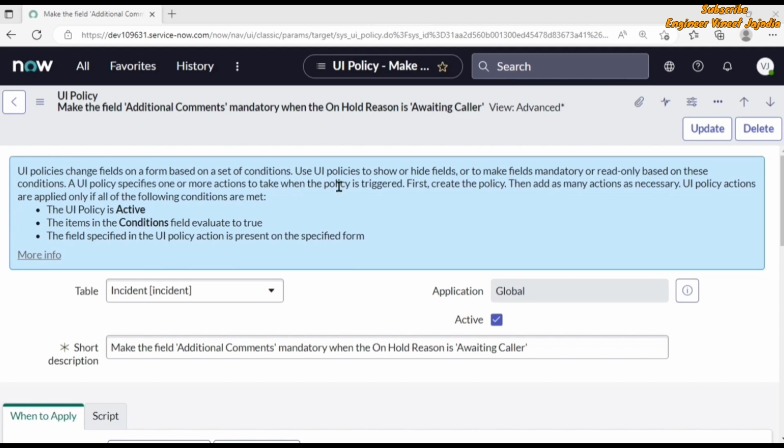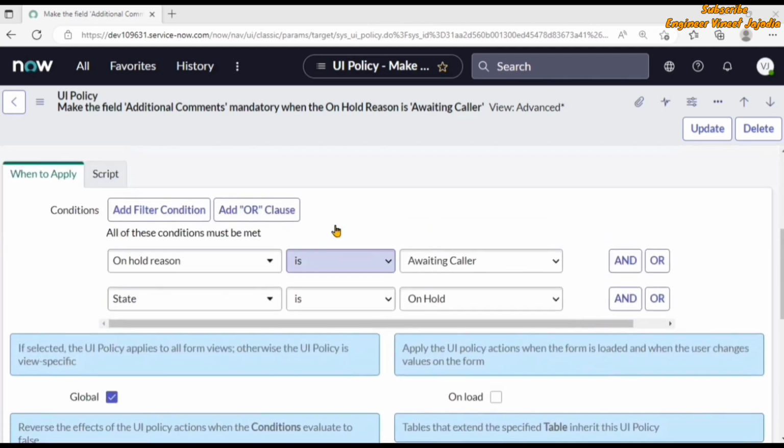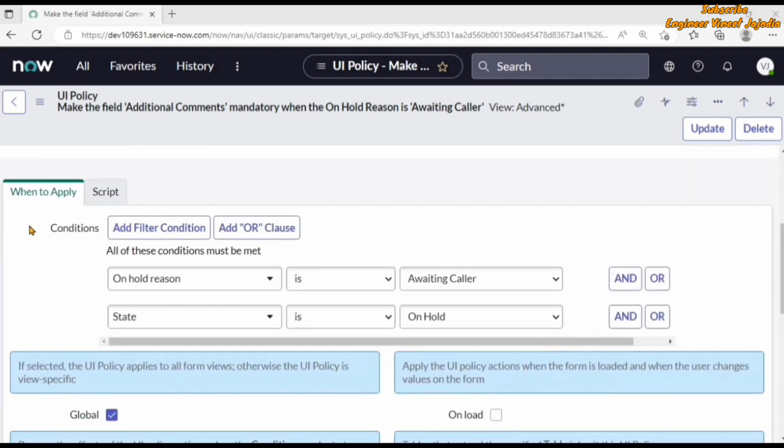So that was the functionality of these fields. Now if we scroll down, there is a section that is called when to apply. In this section, we decide when a particular UI policy will apply for a particular table. So here, as you can see, we will provide some conditions for when this UI policy will execute. If the condition evaluates true, then and only then the actions of the UI policy will be taken on the form of a table. Okay, so we have to remember that if you don't provide any condition here, then